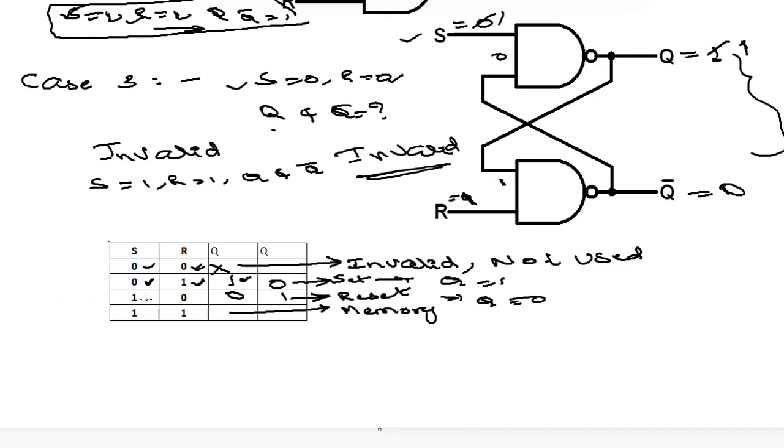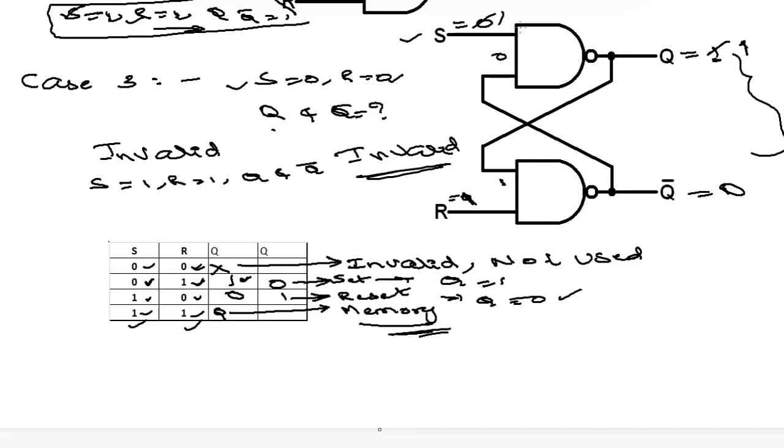The reset condition appears for the latch when S equal to 1, R equal to 0, then Q is 0. Now coming to S equal to 1, R equal to 1, whatever the Q value, that will be stored as memory. Q is stored as a memory element. So when S is 1 and R is 1, that condition is called the memory condition. This is the representation of the SR latch using NAND gates.